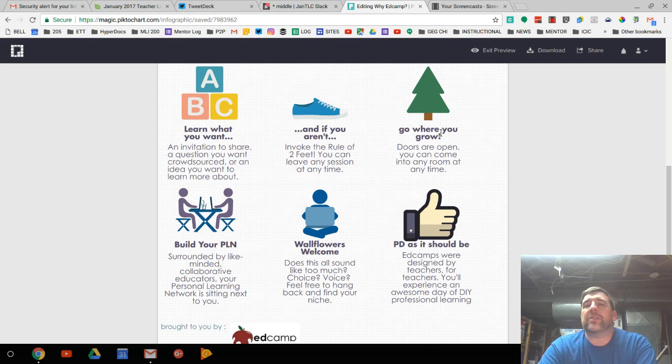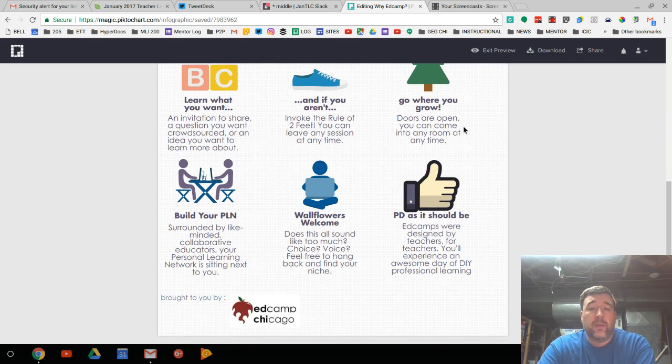There is a conversation for everybody with this. The tree's meant to represent that growth. Building your PLN, it's a little collegiality here with our stick people, surrounded by like-minded collaborative educators. Typically held on a Saturday, Edcamp is a great space for people to get to meet each other, either if they have known each other from Twitter, have met, so to speak, on Twitter